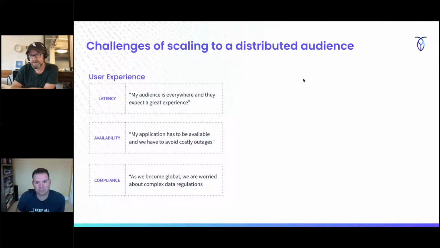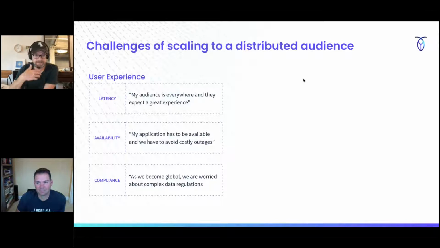And then, I think an emerging area of concern is compliance. There's this complex web of regulatory compliance that we have to take care of, especially if you're a global company, but any company needs to deal with that. How we actually deal with that is code-level, application-level logic to store data in particular locations.